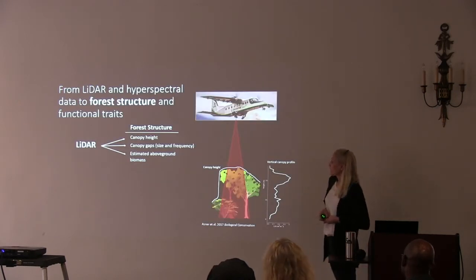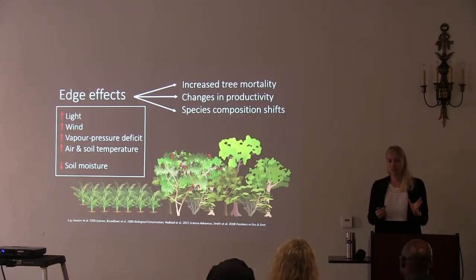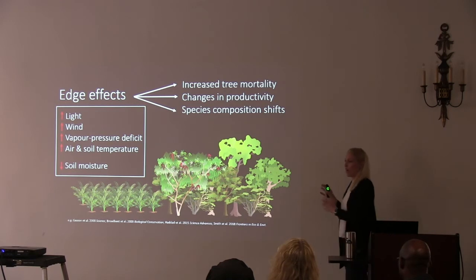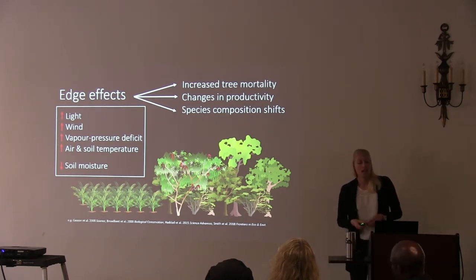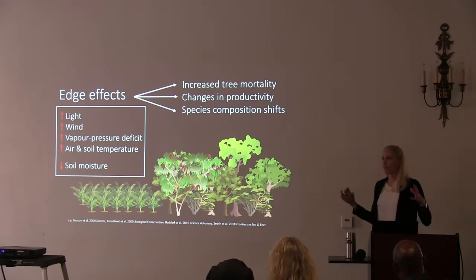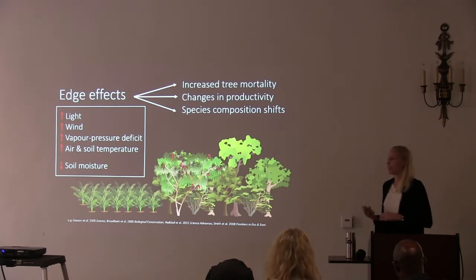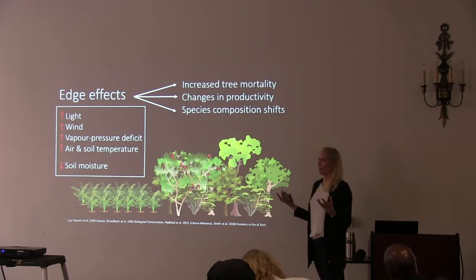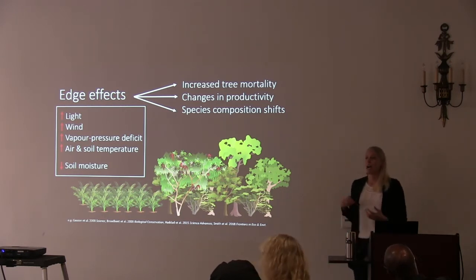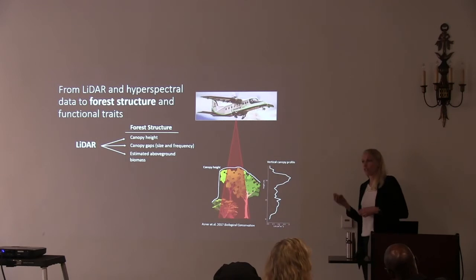So I looked at edge effects in terms of thinking about how these systems work. One of the things I should say is that a lot of this comes from a lot of understanding of what's going on at a handful of field-based sites. But despite that, we know that the tropics are incredibly heterogeneous in terms of structure, biodiversity, how they function. And as a lot of the tropics get carved up, there's a need to understand how these dynamics affect potentially different tropical forest ecosystems differently. So to do this, I used remote sensing data.